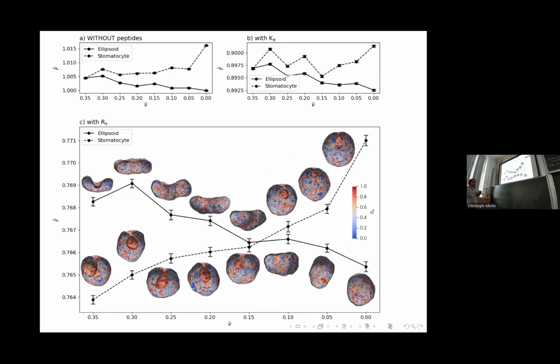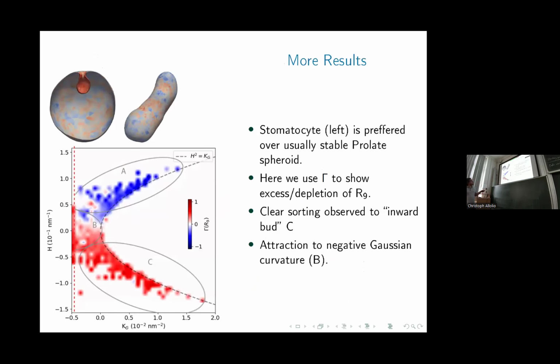And then finally we get the results, which tell us that indeed such invaginated structures are stabilized by R9, the cell-penetrating peptide, but they do not occur without the peptide, and they do not occur with K9, the non-cell-penetrating peptide. So the model for the way these structures form is curvature sorting. In fact, the peptide sorts exactly to this